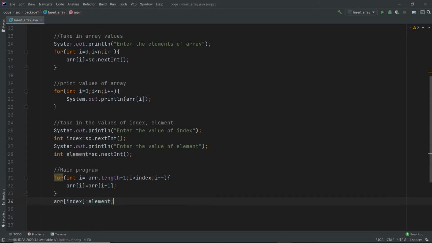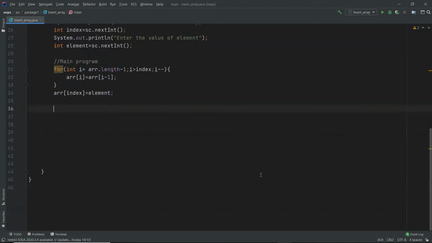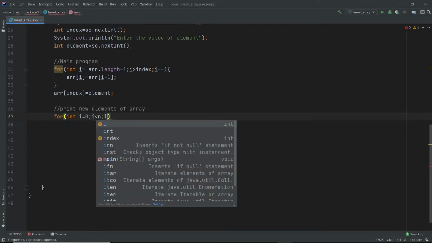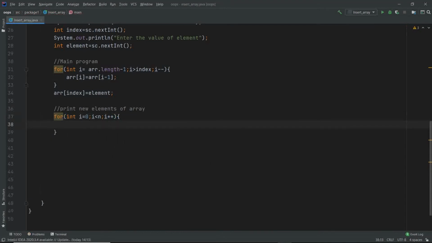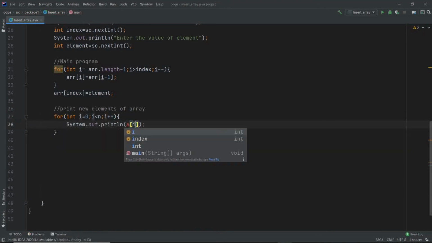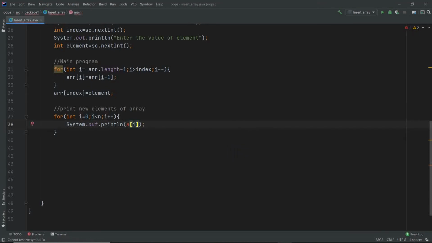Some people understood this particular program and some people might not have understood. This is the main program and this is everything in this program. All right. So leave it. Just wait for some time, and then I need to print the array. So you know how to print the new elements of array. I equal to 0, I less than n, I plus plus, system out a of I. Just putting a everywhere, like I got habituated taking a everywhere, but here I took arr, so fine.